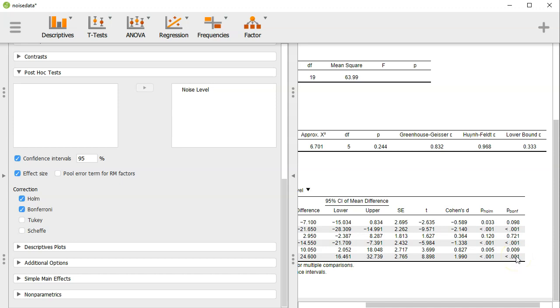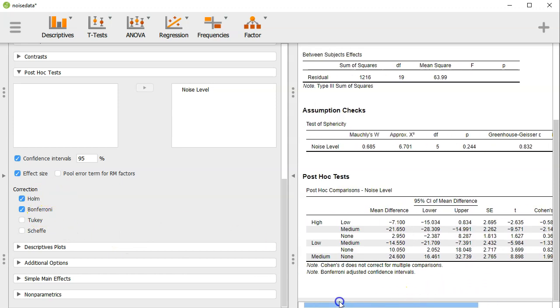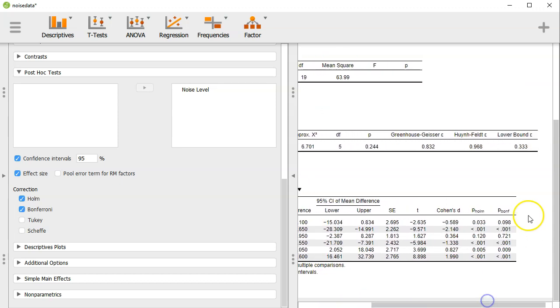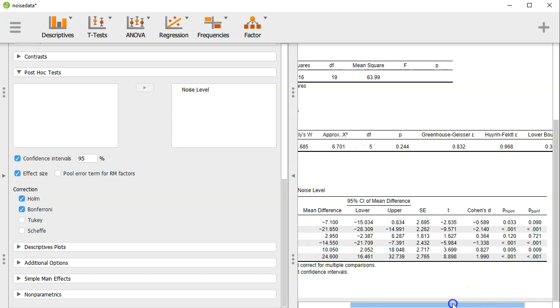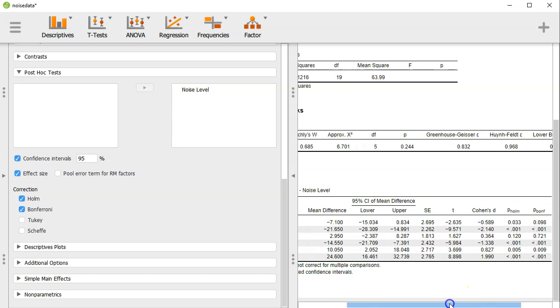So really, Holm and Bonferroni are your two corrections here, and this will tell you the p-values associated, because you can use 0.05 and just compare 0.05 to that. And now the Bonferroni also has adjusted confidence intervals for the correction. So we can see that it looks like, using our Holm and Bonferroni,